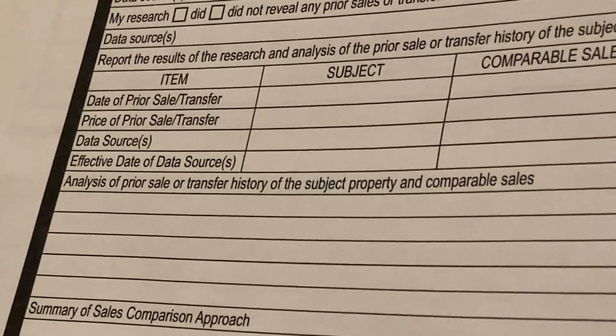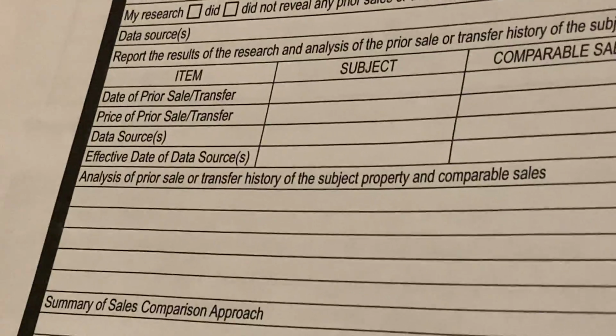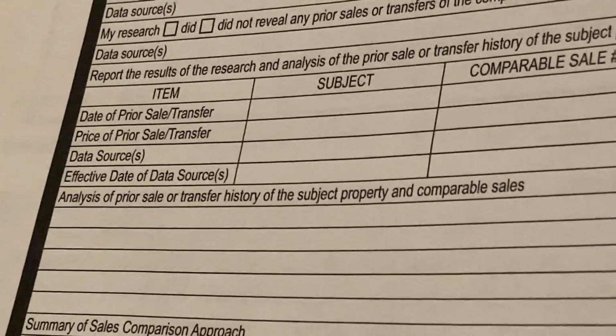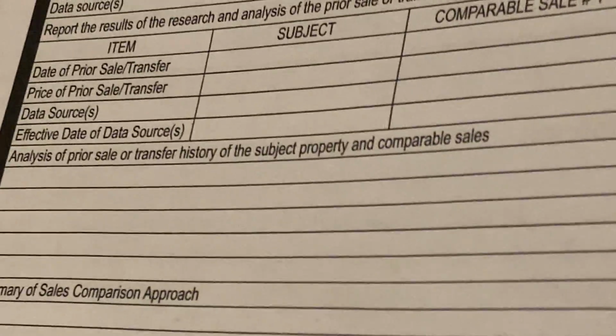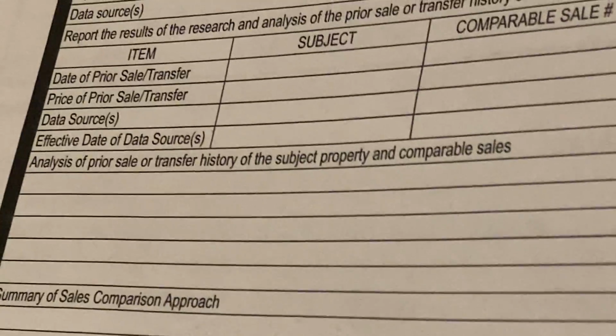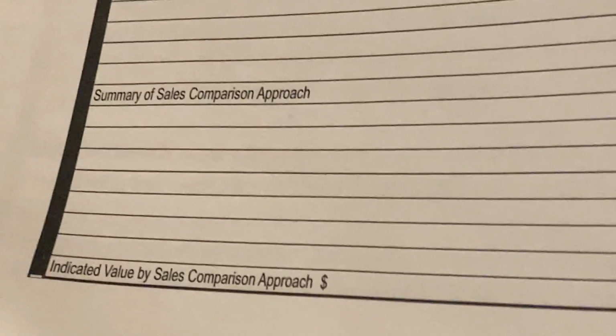Underneath that, it asks data sources. Underneath that, it asks effective date of data sources. Underneath that, it asks analysis of prior sale or transfer history of the subject property and comparable sales. Underneath that, it asks summary of sales comparison approach. And then underneath that, it asks indicated value by sales comparison approach. On page 43,